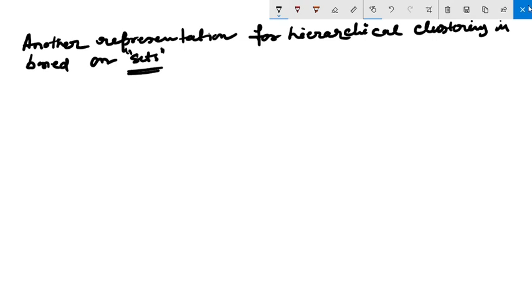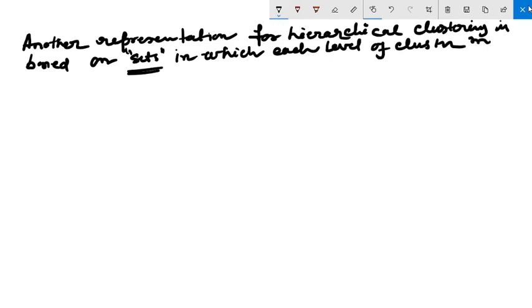We can represent in terms of sets also, in which each level of cluster may contain sets that are subclusters,